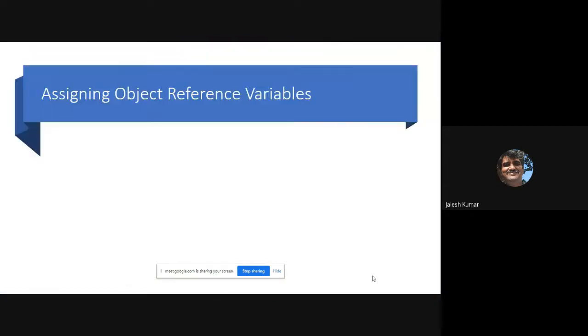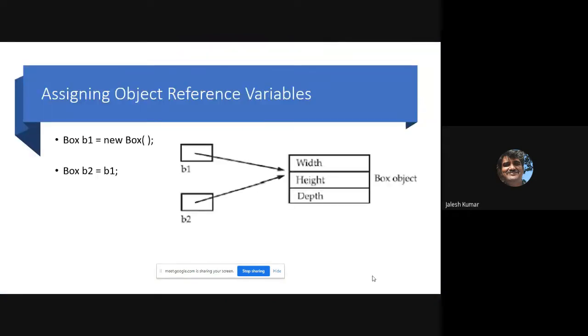When you are doing that, see, b2 is now pointing to b1. That means when you are writing b2 is equal to b1, b1 is assigned to b2. So b2 is also pointing to that itself. See, without new allocation, we did that. b1 and b2 are pointing to the same location. Now what we will do is, we will make b1 equal to null. See this, we'll cut this. Then what happens?